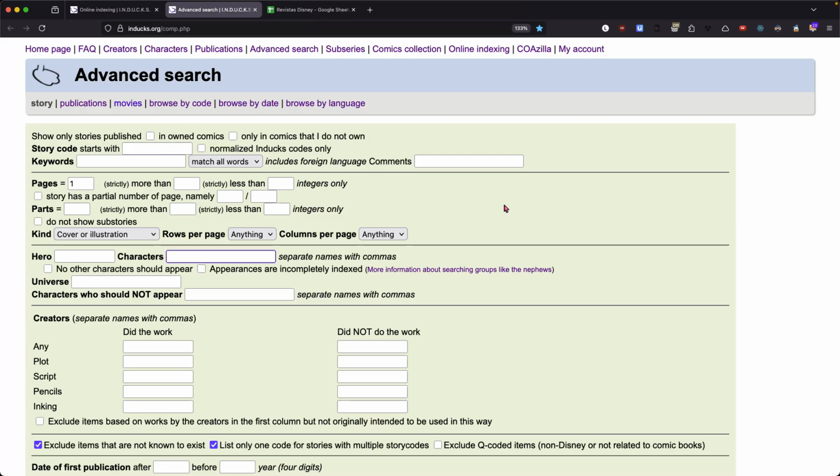So I know the code for Donald Duck is DD, and the nephews is HDL, which is Huey, Dewey, and Louie. So let's start with that and see what comes up. We can just hit the Enter key on our keyboard,